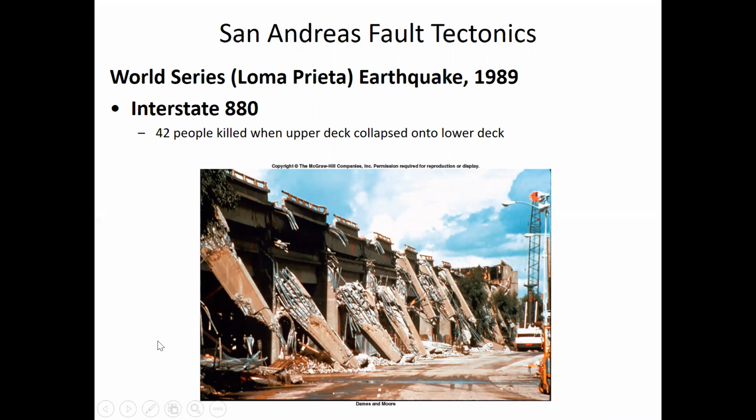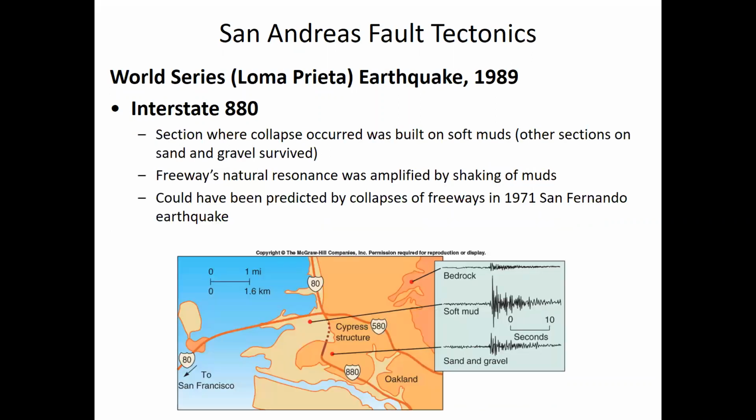So we have those lessons we can learn from the Marina District, and then there's Interstate 880. 42 people were killed when the upper deck collapsed down onto the lower deck. And the reason 880 failed is the section that was built on these soft muds. So you can see this as bedrock, as a sand and gravel, and the lighter colored material is soft mud. And you can see seismograms from different regions and see how the shaking was most significant in the soft mud. And so it's the segment of Interstate 880 that was built in those soft muds that collapsed